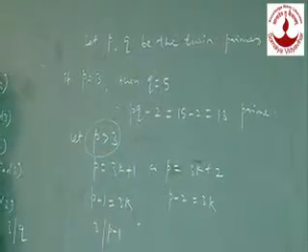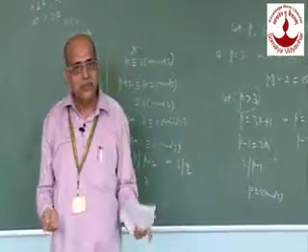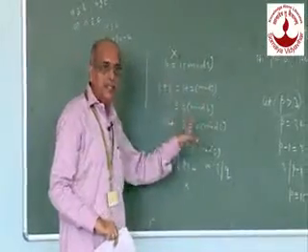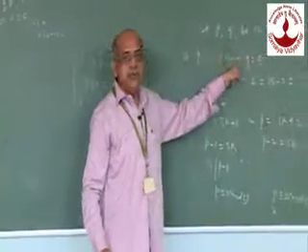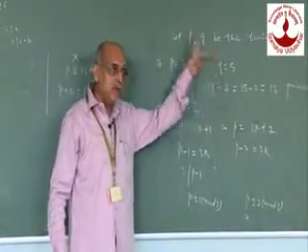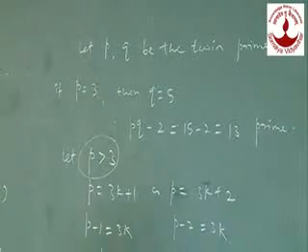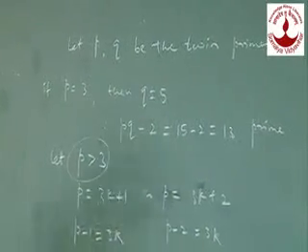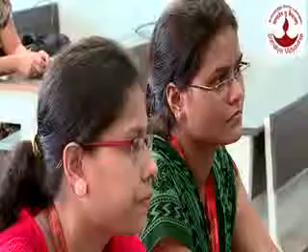So, what is the possibility left? P equal to 3 only. And therefore, the first speciality of the prime 3 is that P equal to 3 is the only prime for which PQ minus 2 is also prime, where P and Q are twin primes. What is the second speciality of the prime number 3? Another example of the prime number 3.